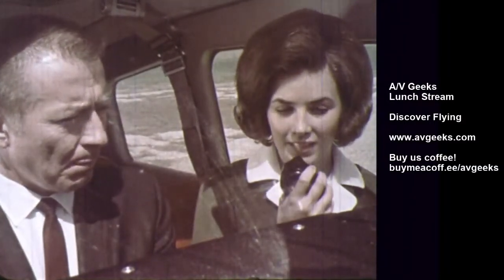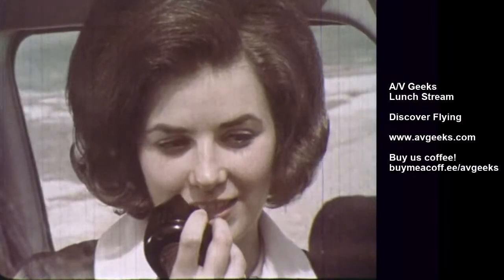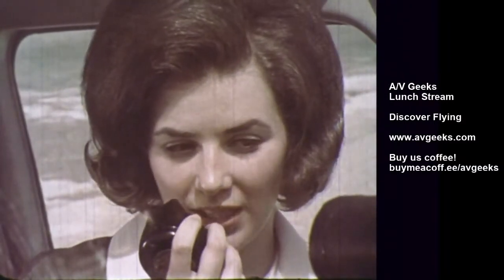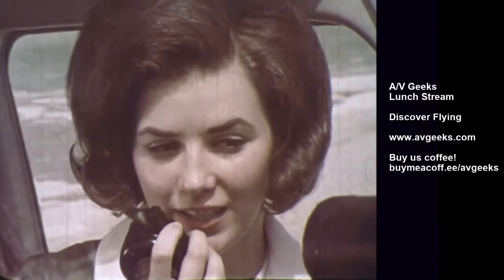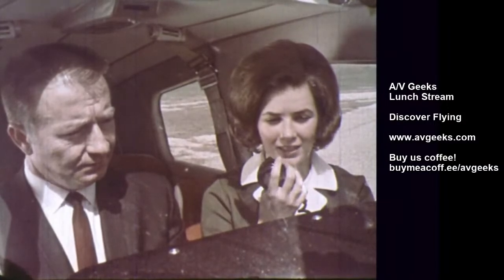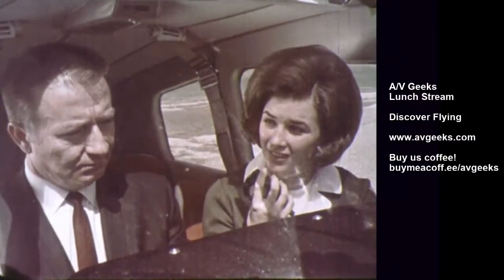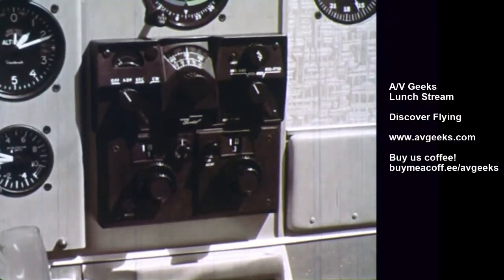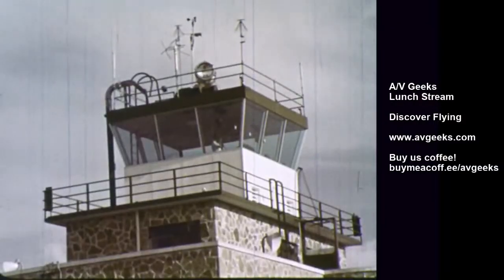Okay. Tower, this is Musketeer 6130N. We are in the east parking area, and we would like to taxi for takeoff. Musketeer 6130 November, runway 18, wind 190 degrees at 1